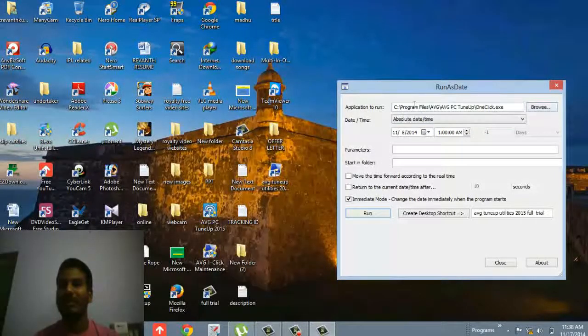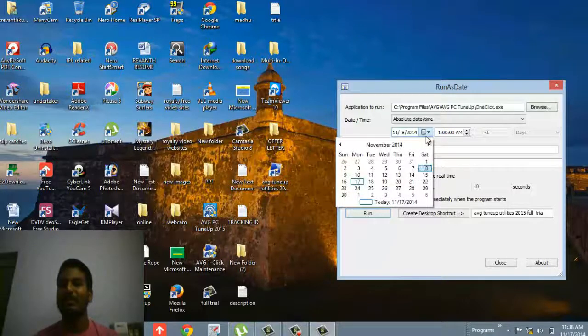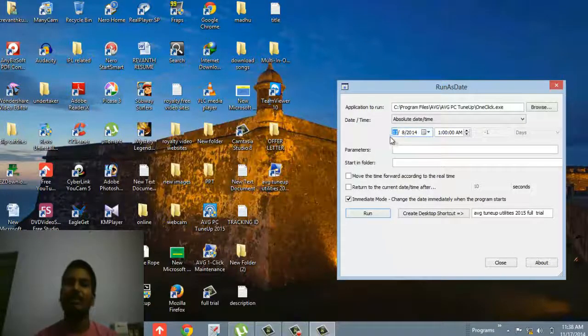Go to browse, click whatever application shortcut you want, and change the date carefully, at what date you want to keep it and use it.